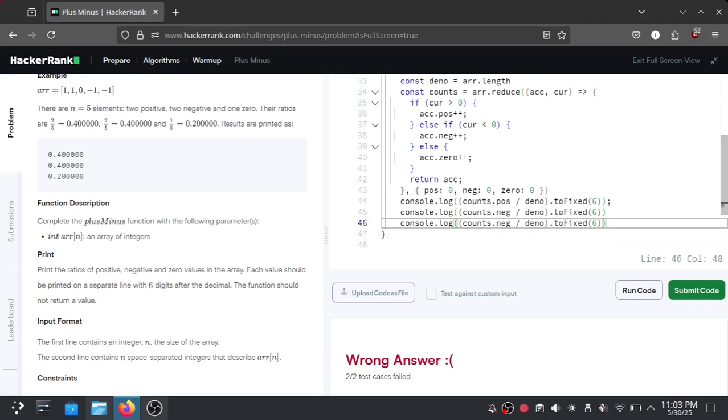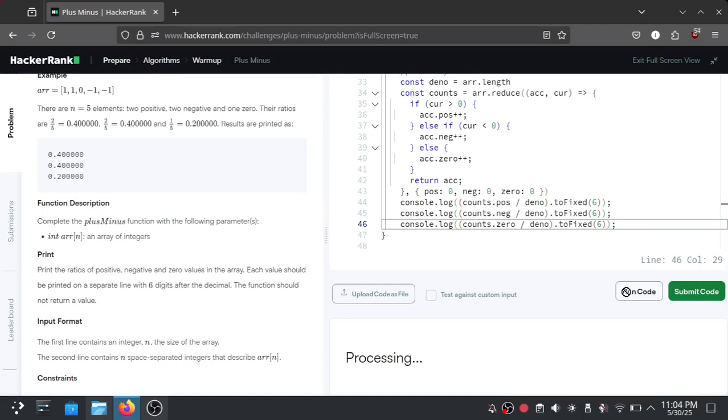I was using Ctrl C and then Ctrl V to print out the entire line. That's another tip from me. And then don't forget to change to the zero, because we are counting the zero ratio. And then let's run the code to see if it works.